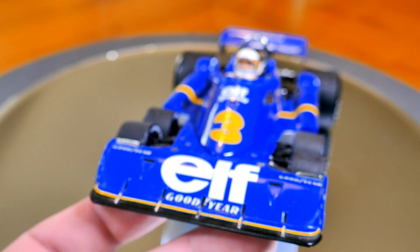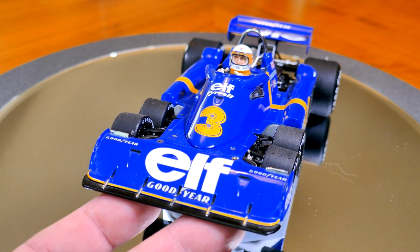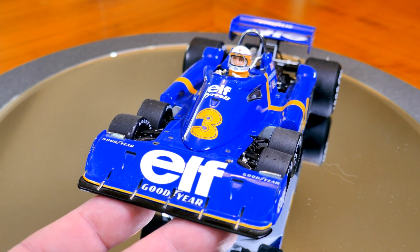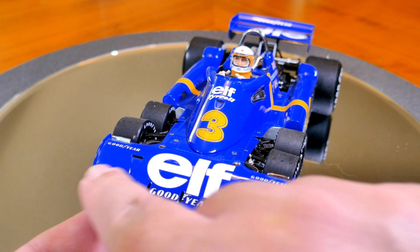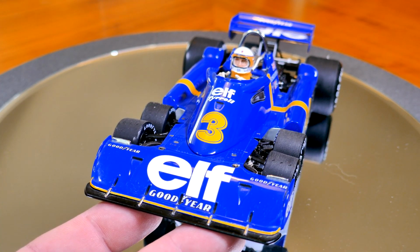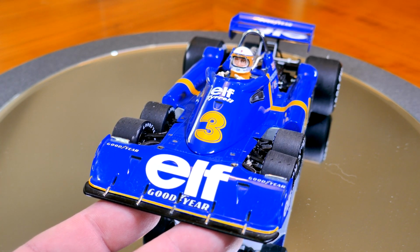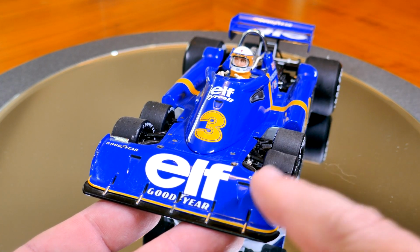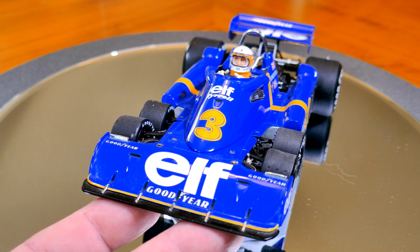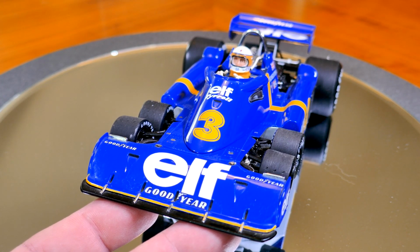it doesn't really have a front wing. It has more like an air dam, and the concept behind the P34 is not necessarily that they wanted to have 4 separate contact patches. What they wanted to do is, the wing width was mandated by regulation, and Tyrrell's team thought, maybe if we could tuck the wheels behind the wing, it would reduce the frontal area and give an aerodynamic advantage. But of course, if you have 2 small wheels,